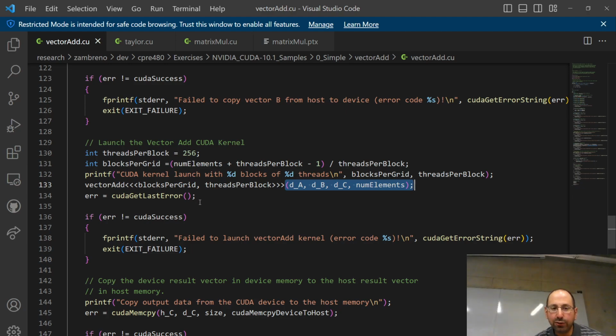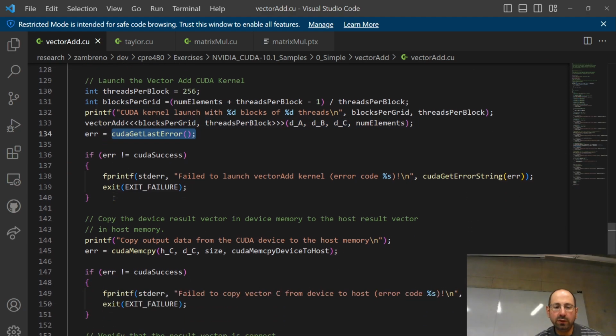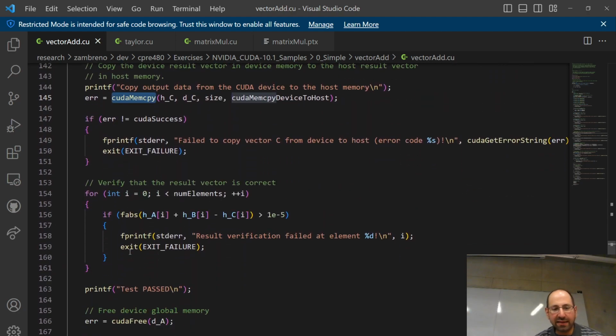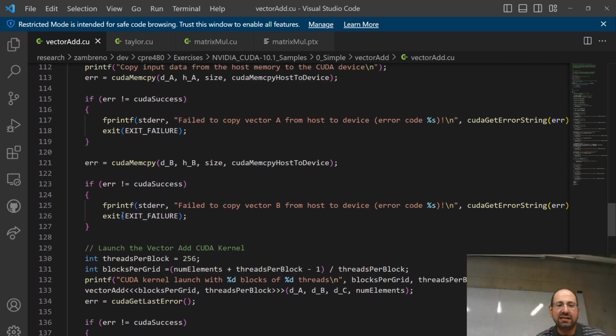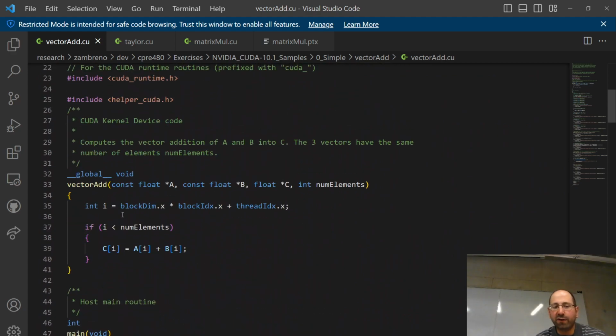We can, in theory, do things in parallel, but otherwise we have a blocking call to wait for it to finish. Then we copy the results back out, and I think this does some checking to see, did we get a result that's actually correct, within range of what the host would have been able to calculate. So a lot of these CUDA SDK examples are intentionally unnecessary in the sense that we launch a kernel to add 2 vectors together. Then to check if the result is correct, we manually add the 2 vectors together anyway. So it's not really speeding anything up, but just testing that things are working is more important than anything else.